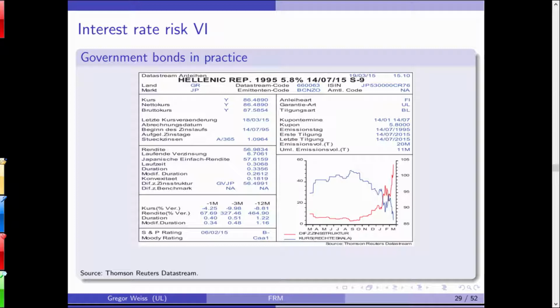And this is probably not due to changes in interest rates. Even with the government bond, this is all due to credit risk. And this is something that is usually also quite misleading in news. Because at that time, you could often hear that the return on Greek government bonds increased. Returns on Greek government bonds are now at 15, at 18%. What does that actually mean? First of all, it means that prices fell.